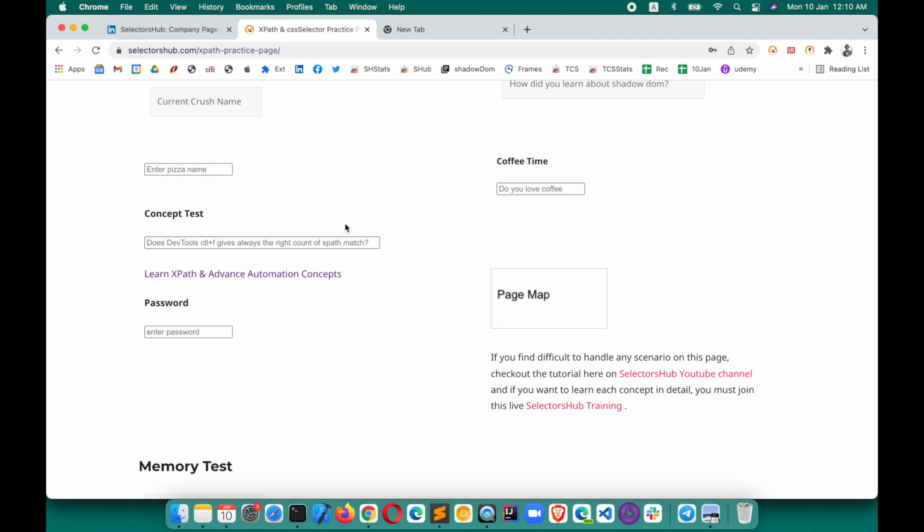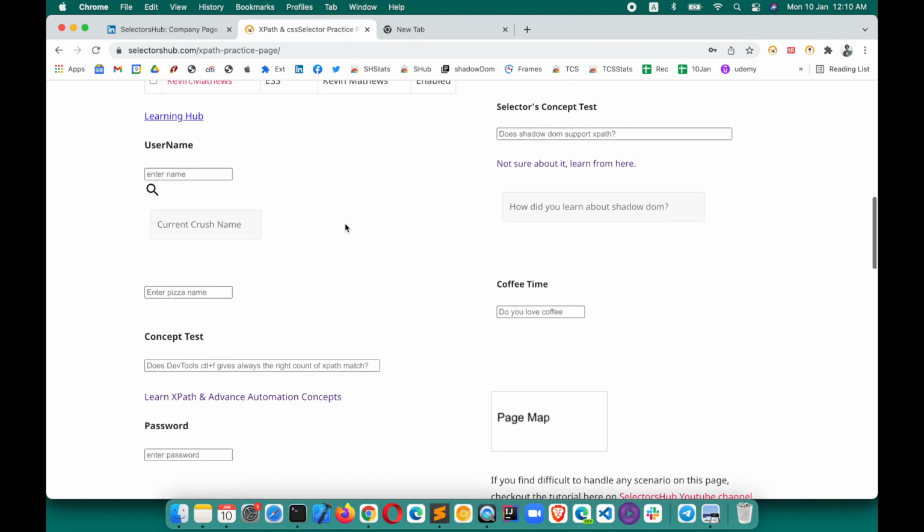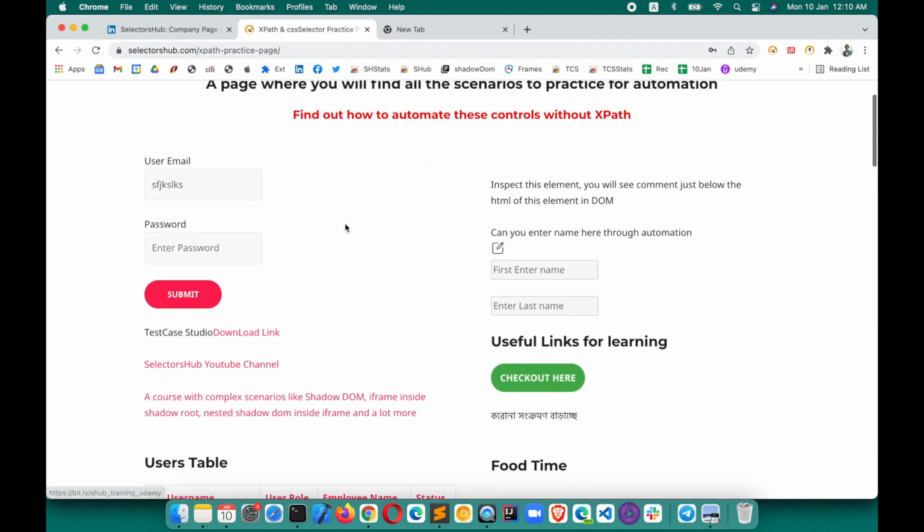So that's where this idea came from. It is required to test such skills of people, whether they can automate such scenarios or not, whether they have the knowledge of looking into the DOM or not, whether they can